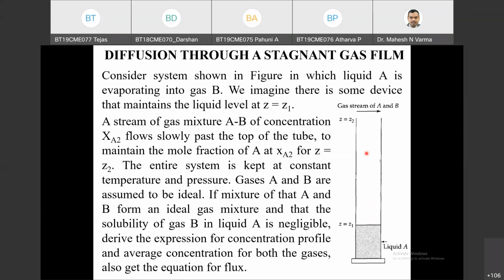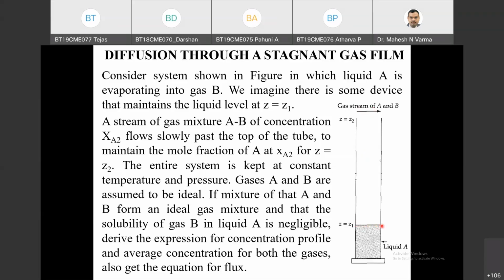What about theta, Darshan? Sir, not in theta direction because of symmetry. Very good. Problem is symmetric around theta direction, so there is no variation in theta direction. Whether it will vary in z direction? Yes, sir. Because here concentration is XA2, and what will be concentration here